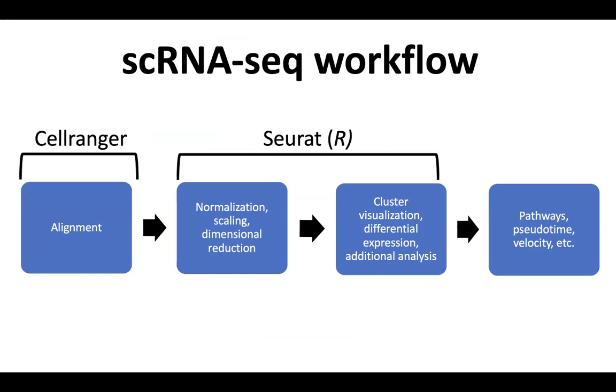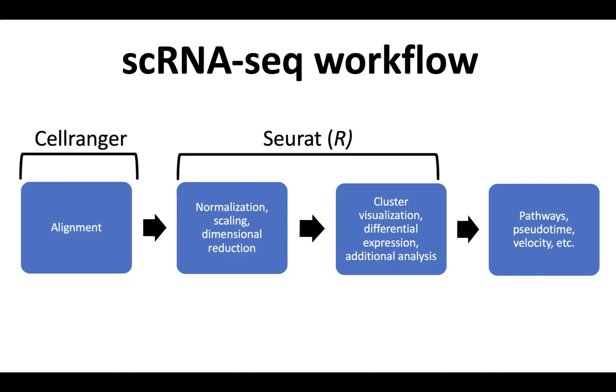And then from this Seurat analysis, we can go on to do even further analysis using different programs, mostly still in R, where we can look at different pathways that are enriched across different cell types or different variables and perturbations, as well as do things like pseudotime analysis and velocity analysis, which are more advanced analyses for specific types of single-cell